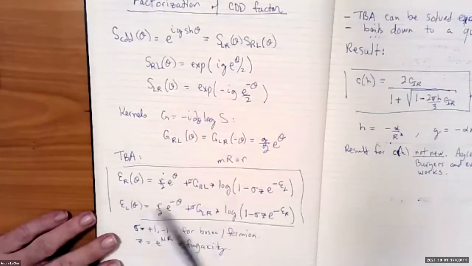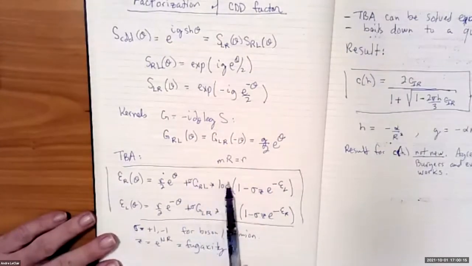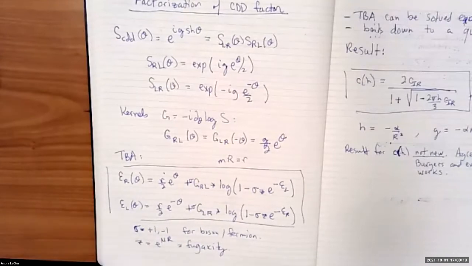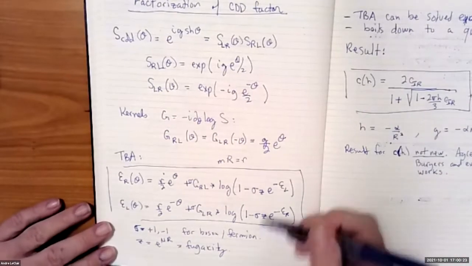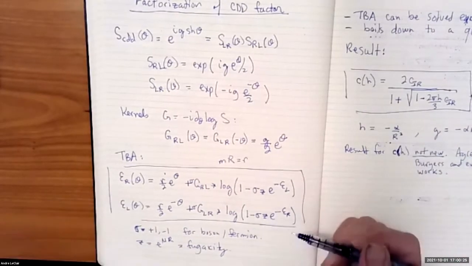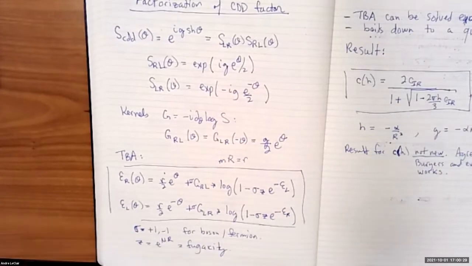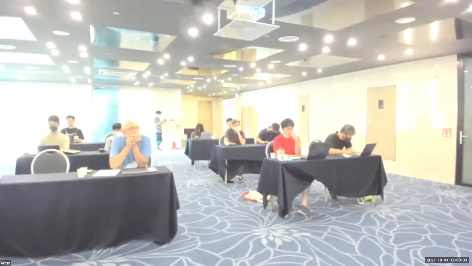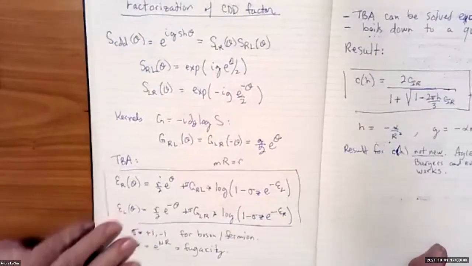And if this is just pure conformal field theory, basically these kernels would be 0. And then these are your pseudo energies, and it's just a free boson or fermion. I didn't write the formula for the central charge, but throw away the kernels, you're going to get c equals either 1 or a half, depending on bosons versus fermions. Okay, so the TBA,